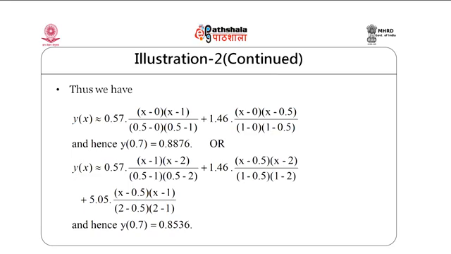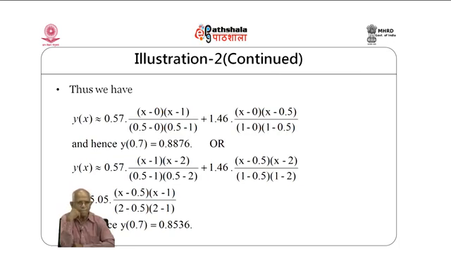So, this is what we are doing, and for that again we write down this quadratic interpolating polynomial as y(x) equal to 0.57. Now, here there will be two factors because it is quadratic. So, x minus 0, x minus 1, and in the denominator we will get 0.5 minus 0, 0.5 minus 1, plus 1.46 into x minus 0 into x minus 0.5, over 1 minus 0 into 1 minus 0.5, and hence y at 0.7 will be equal to